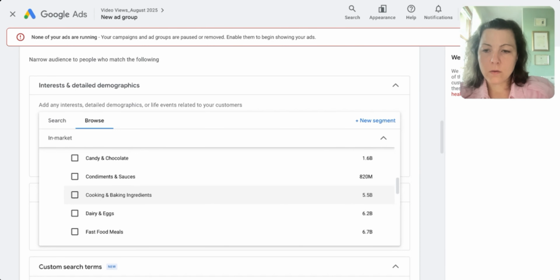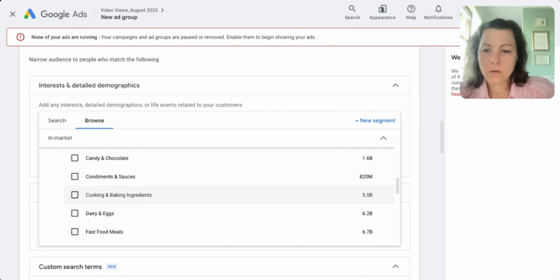Let's see if we have anything related to school or kids. School. There you go, primary and secondary schools, right? So you could target people who are interested in those. You could target people interested in school supplies. So there are plenty of options, and you just add those together that define your audience as well as possible,